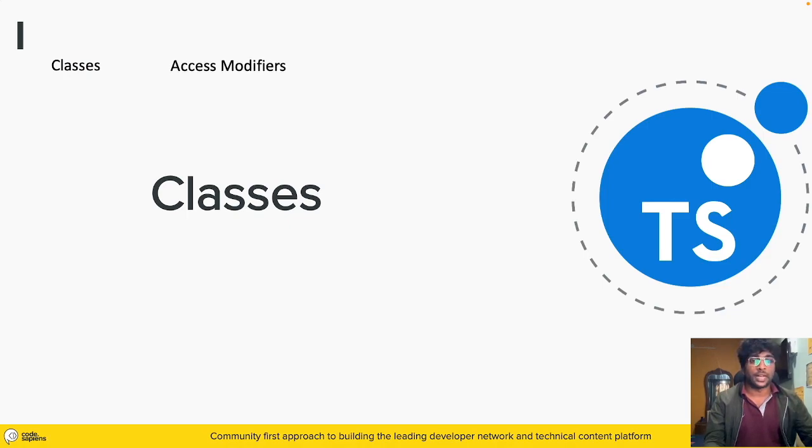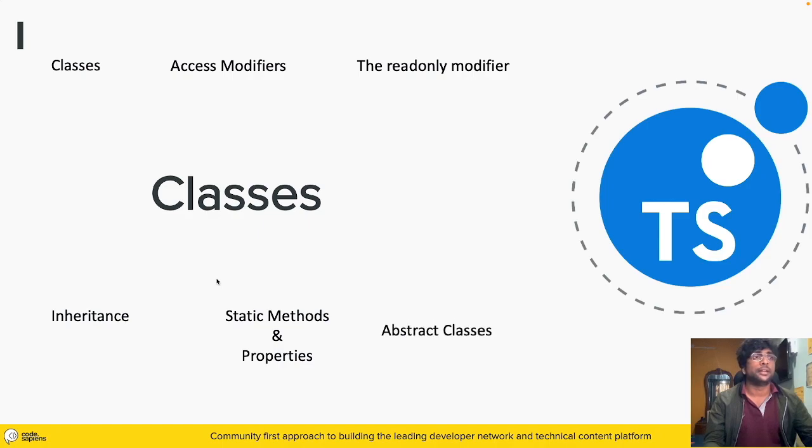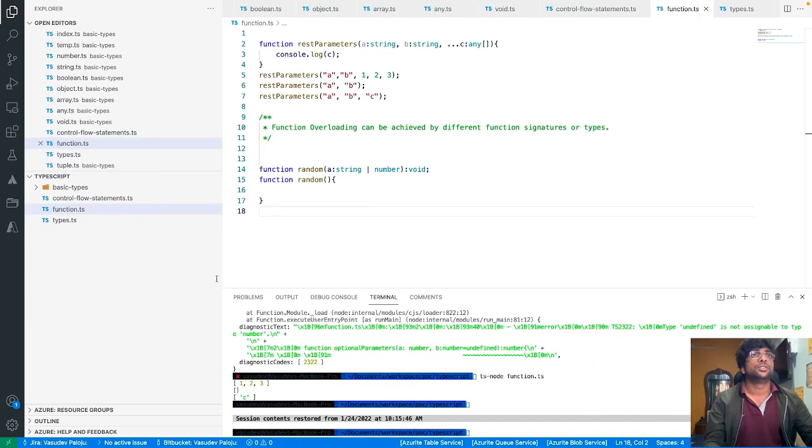Then we'll look at different access modifiers for the class, then the read-only modifier, and we'll understand the concept of inheritance and how you can use it, and static methods and properties, and many more, like abstract classes and everything. So let me list down all of the things we'll be looking at today in the concept of classes. Let me create another file,